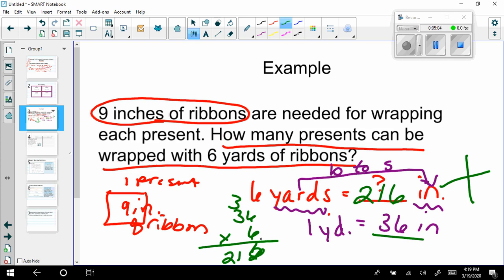We have 6 yards. Each yard is 36 inches. 36 times 6 is 216. Now, it says, how many presents can be wrapped with 6 yards of ribbon? So I'm going to restate. You can wrap